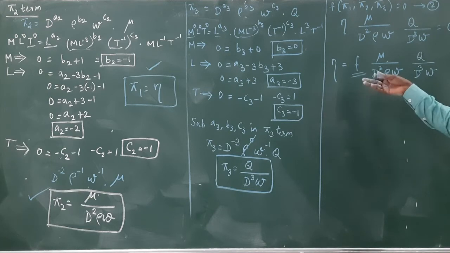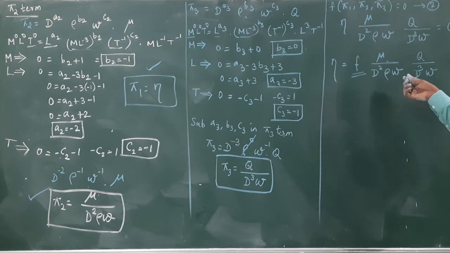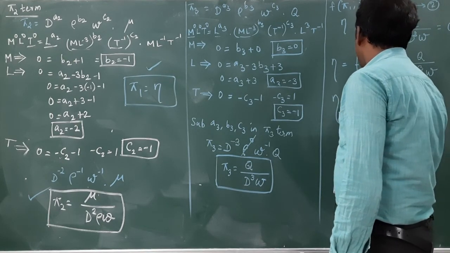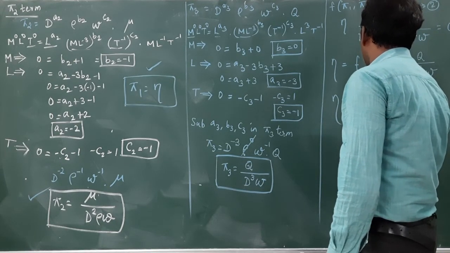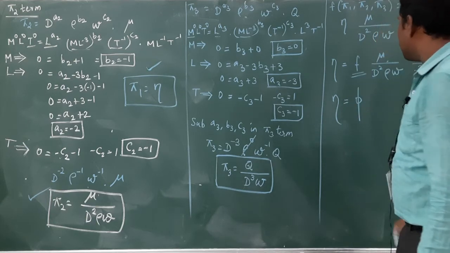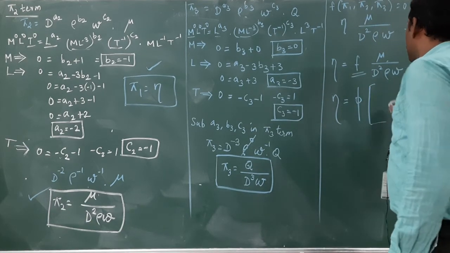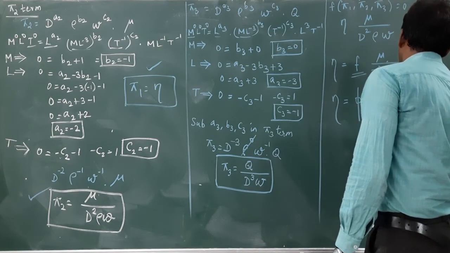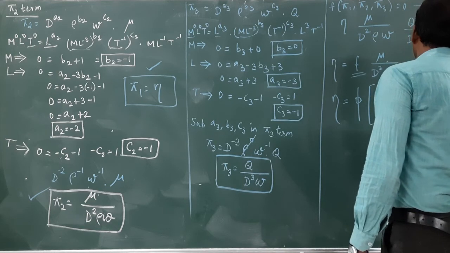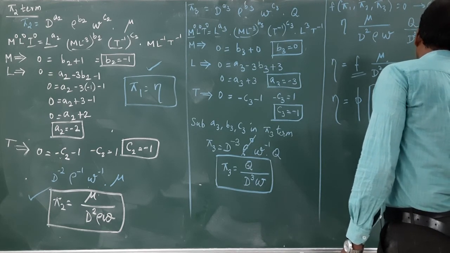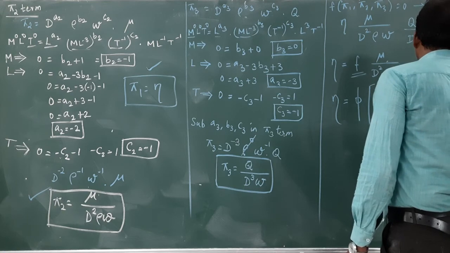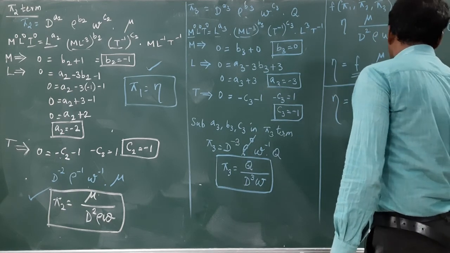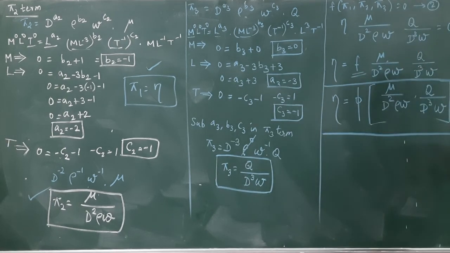So the efficiency of the fan neta is a function of mu divided by d square rho into omega and q divided by d cube omega. So this is the expression for the efficiency of fan, which is depending